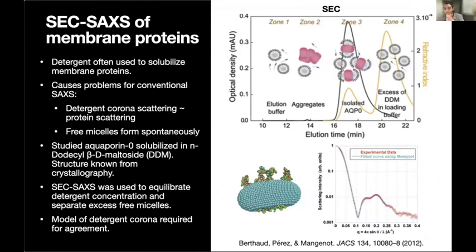So what is SEC-SAXS good for? One area where it's particularly useful is studying membrane proteins. The reason is that often when you are preparing membrane proteins, you're using a detergent to solubilize them, and this can cause a lot of problems for conventional SAXS. In particular, you're operating close to the critical micelle concentration, you can have free micelles forming spontaneously, and that's contributing background. So in this particular study, they looked at aquaporin that was stabilized using DDM micelles, and